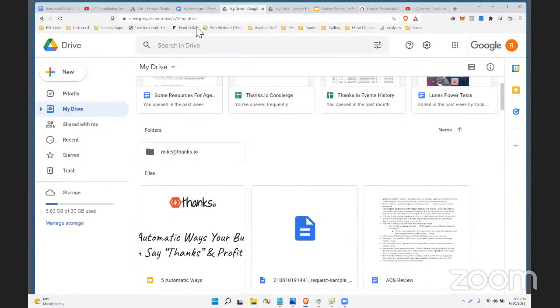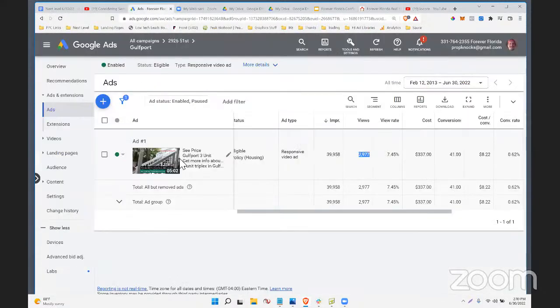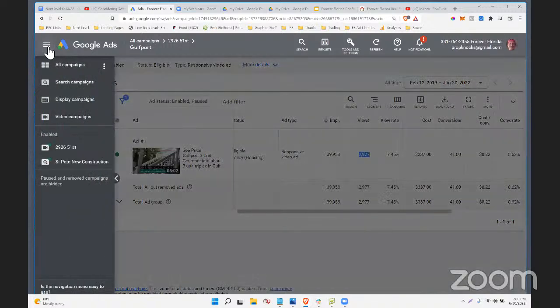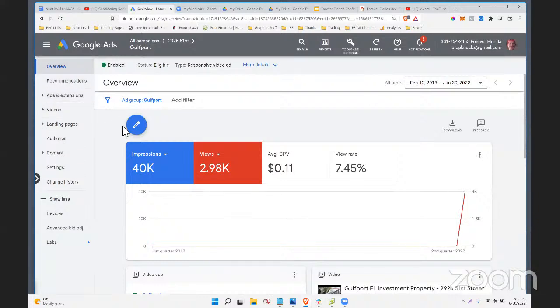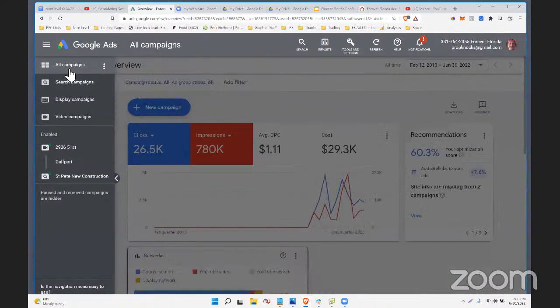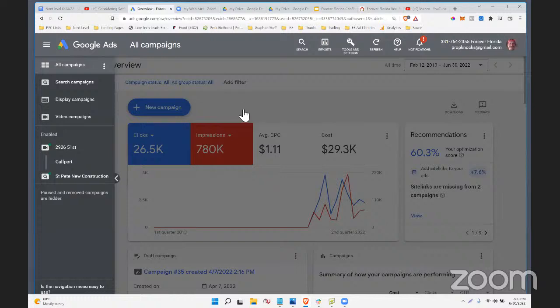So I'm going to go here. Where did it go? And now we're going to go ahead and create this campaign. And this is the nitty gritty. And I just learned how to do this, so bear with me if I'm not so great at it. All right, so I'm going to go to my overview. Where's the campaign creation button? Google, you drive me nuts. There it is. You got to click the all campaigns up at the top left, and then I'm going to click new campaign.